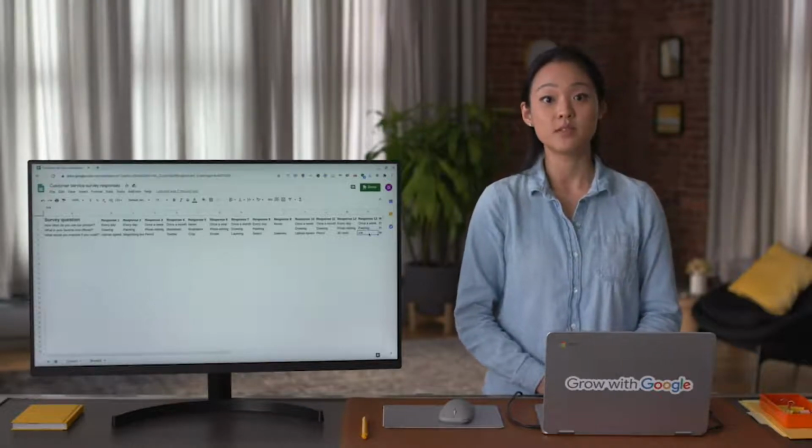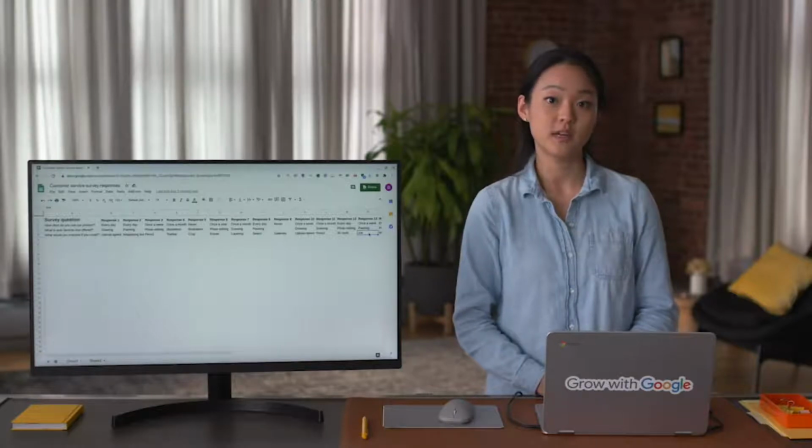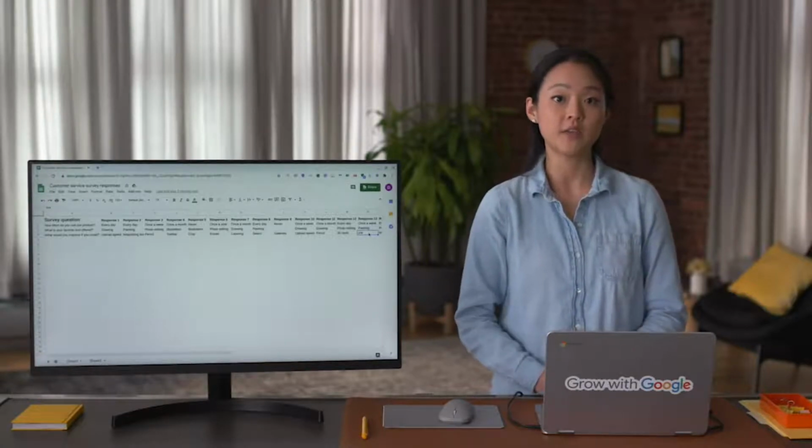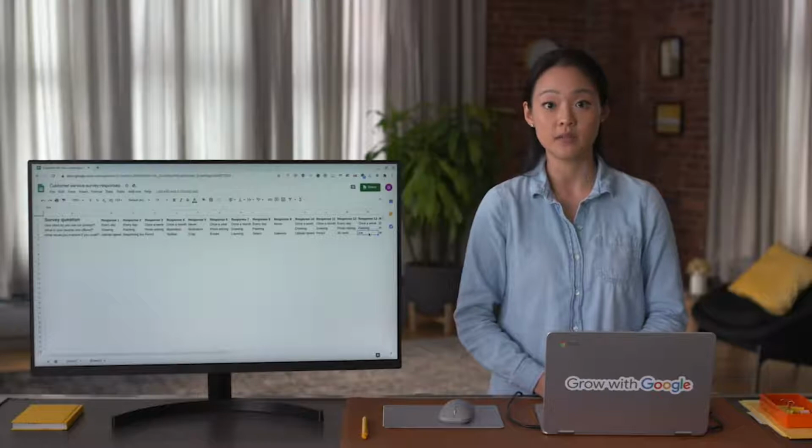Step 1 would be to decide what to do with those nulls. You could either filter them out and communicate that you now have a smaller sample size, or you can keep them in and learn from the fact that the customers did not provide responses. There's lots of reasons why this could have happened. Maybe your survey questions weren't written as well as they could be. Maybe they were confusing or biased, something we learned about earlier.